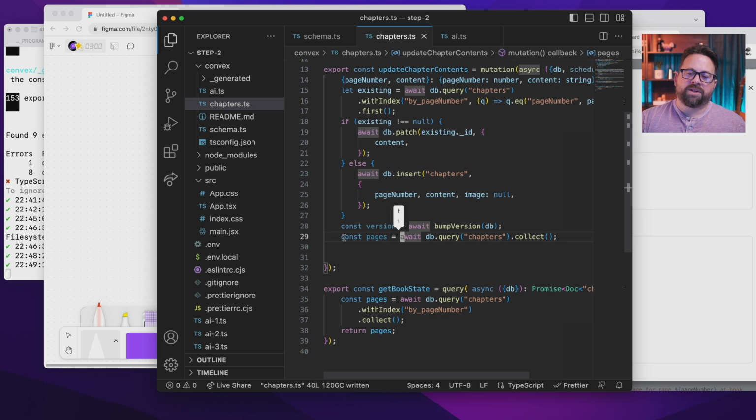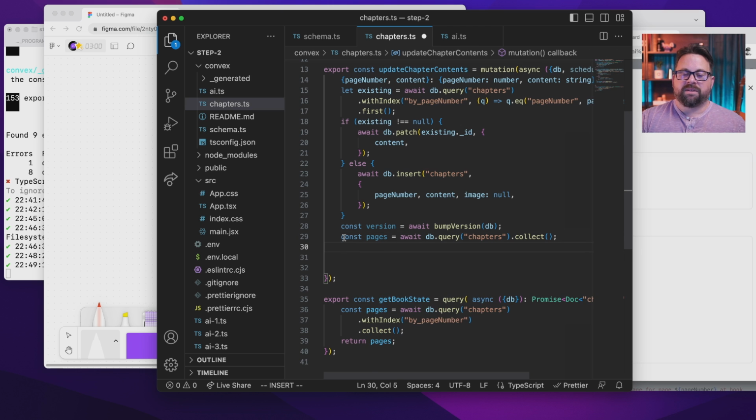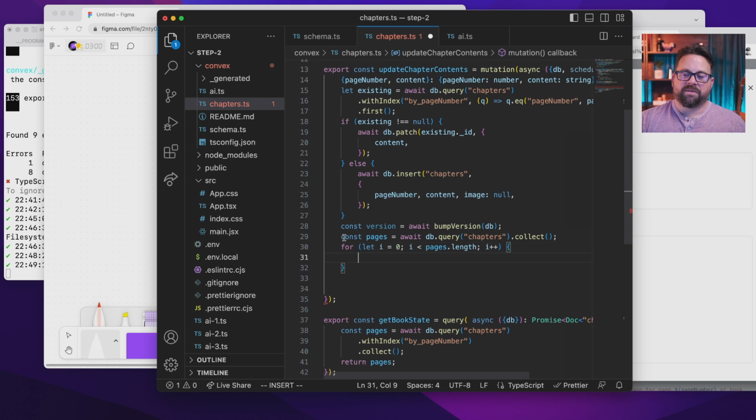So pages is basically all the documents in the chapters table. And then we can just say for let i equal 0, i is less than pages.length, i plus plus. And obviously in JavaScript, there's like 4 different ways to make a loop, but I'll just use this one this time. Okay, scheduler, await scheduler